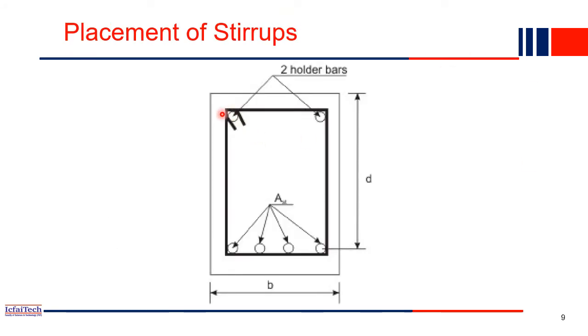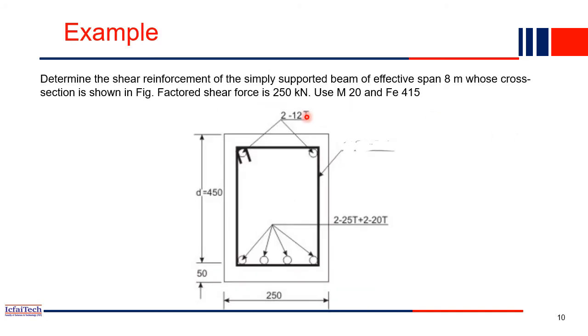Now, placement of stirrups. Once you design the stirrups, they are placed something like that. At this one end it will be bent up like that. These bends will also have a certain angle, 30 degree or 35 degree. You have to make these angles, and then the stirrups are provided like this. So that's the main theory part of the stirrups.